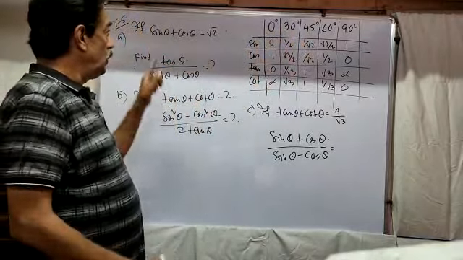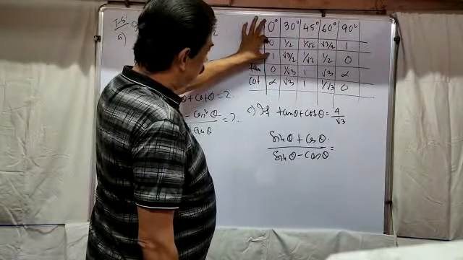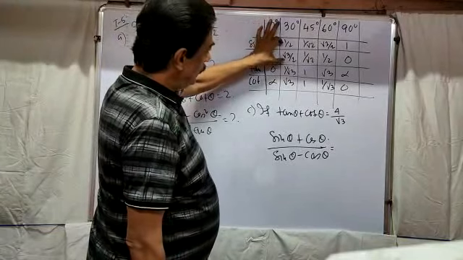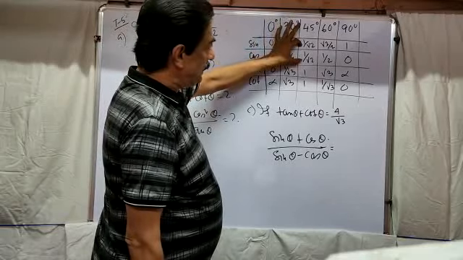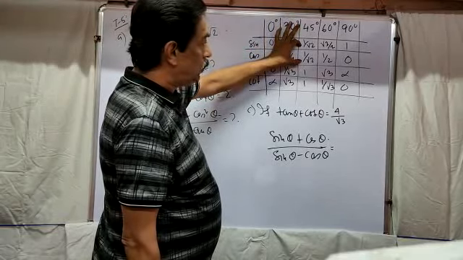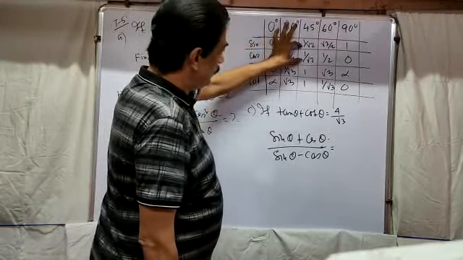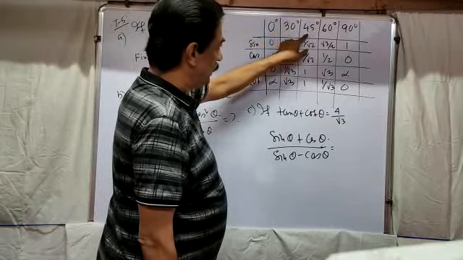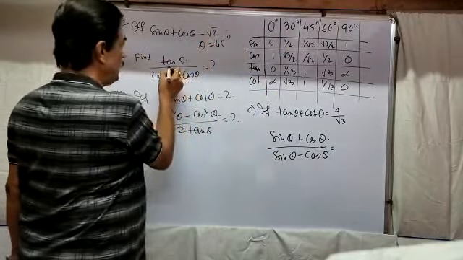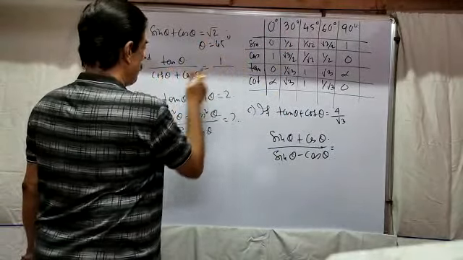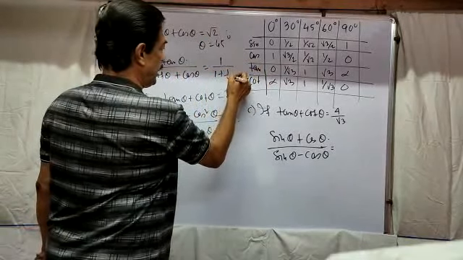Sin theta plus cos theta equal root 2. If we take theta as 0, the sin plus cos summation is not root 2. For 0 the sin and cos values give 0 plus 1, not root 2. But 1 by root 2 plus 1 by root 2 equals 2 by root 2, ultimately root 2. So if sin theta plus cos theta equals root 2, theta is definitely 45 degree. Put the value: tan 45 equal to 1 by cot 45 degree equal to 1 plus cos 45 degree equal to 1 by root 2. Simplify and give the answer.